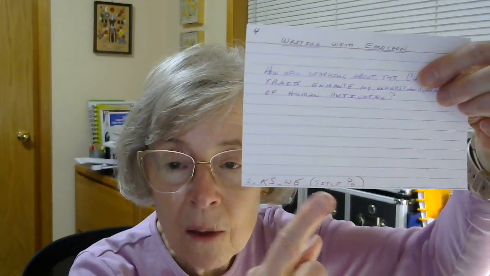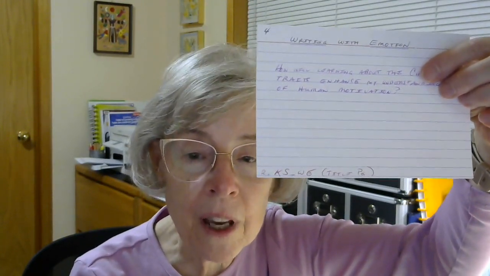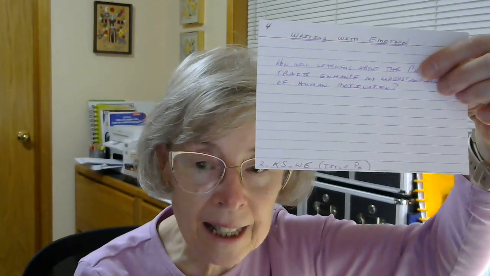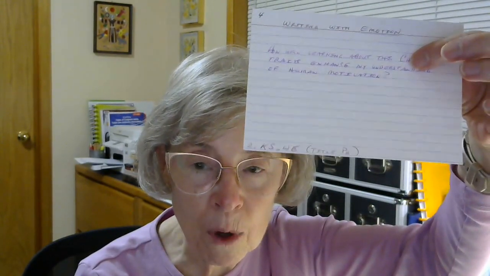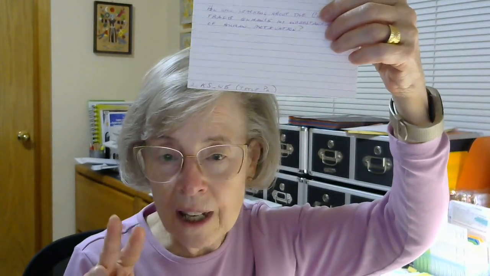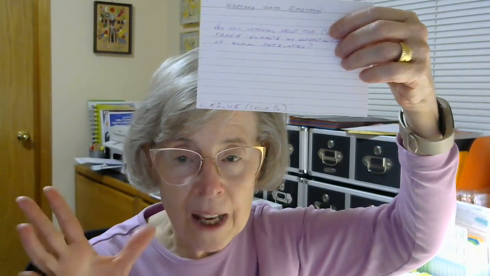And the other thing that we didn't take the time to do yesterday was to track down the reference. In this case, using my system for abbreviation, it's R.KS, Kathleen Spracklin, WE, Writing with Emotion, the keywords in the title. Author's initials in the author's name, underscore, keywords in the title. That is almost never going to be duplicated, and if it is, you can do a little something extra to make it unique.